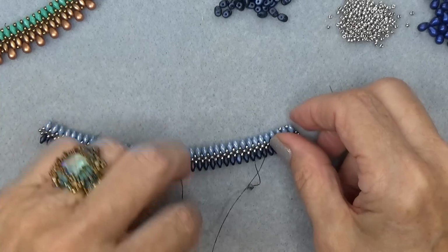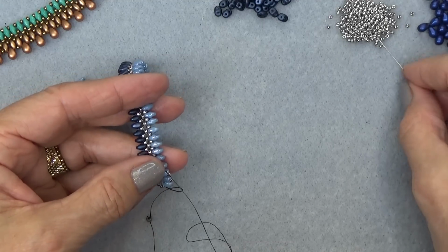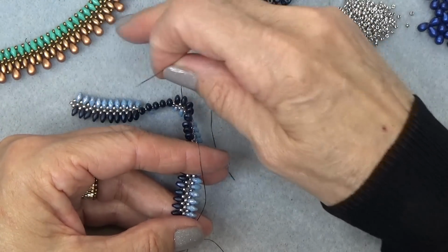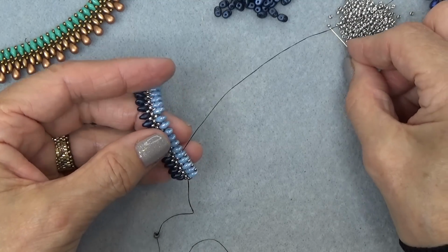Okay, and that's what we're going to do all the way down, and that's going to be the top of the necklace. So here, I'll just do a little bit more. If you're finding that your necklace isn't curving, it's not going to curve yet. It's going to curve when we put this bottom row on. But if you're finding that they're very close to each other for some reason, and they're bumping or whatever, try